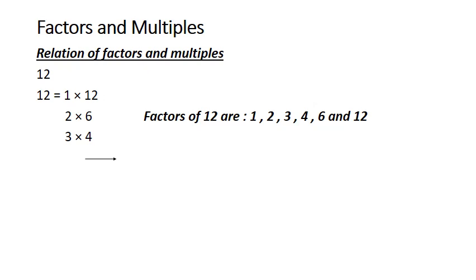So here, the first possible combination of 12 is 1 and 12, second is 2 and 6, third is 3 and 4. So this way you can find out all the factors of 12. So factors of 12 are 1, 2, 3, 4, 6 and 12. Now,